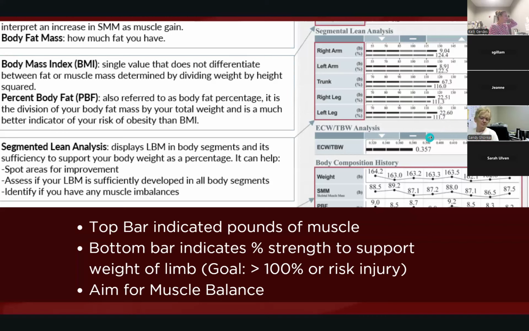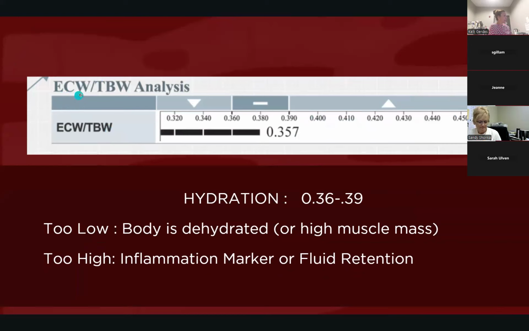All right, the next section is going to be your water analysis. This is, if you remember back at the top, extracellular water, so the water outside of our cells compared to all the water we have in our body. And we like this number about 0.38, between 0.36 and 0.39, just to show how well our body is hydrated and how much of that is being kept in the cells to be used and be useful. Too low obviously means the body's likely dehydrated,